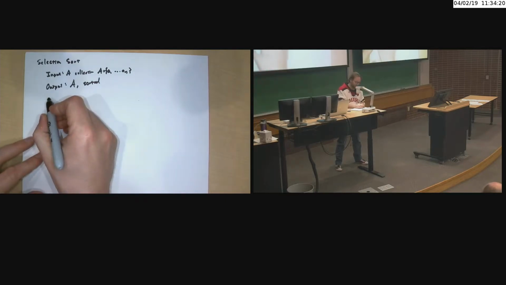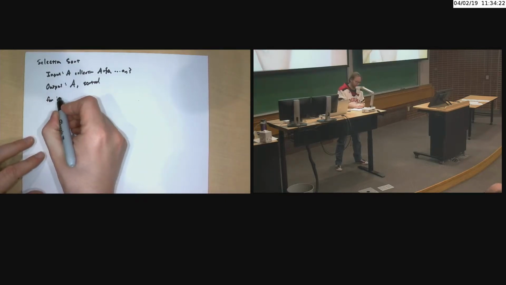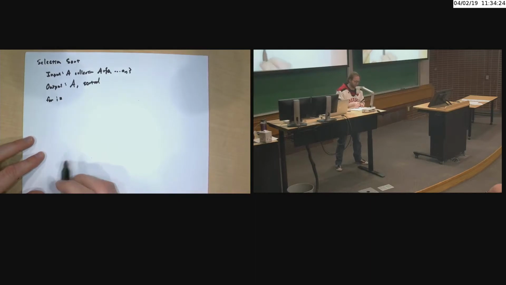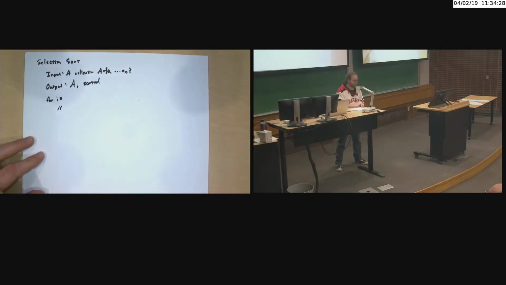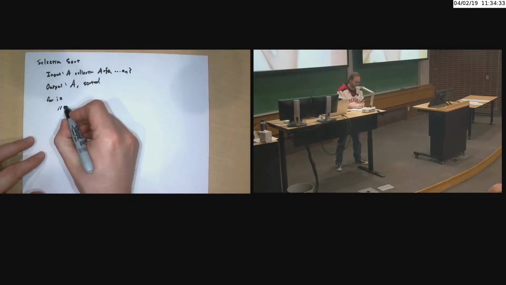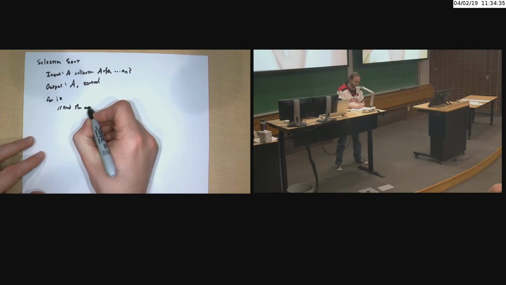Do I need that last iteration? No, it's do nothing. If I only gave you a list of size 1, would you bother sorting it? It's sorted by definition. Right? So we're going to write pseudocode to do that. Okay. For I running from something up to something, what we're going to do is, and you can put comments into your pseudocode. I just tend to go with C-style comments. We'll find the minimum element